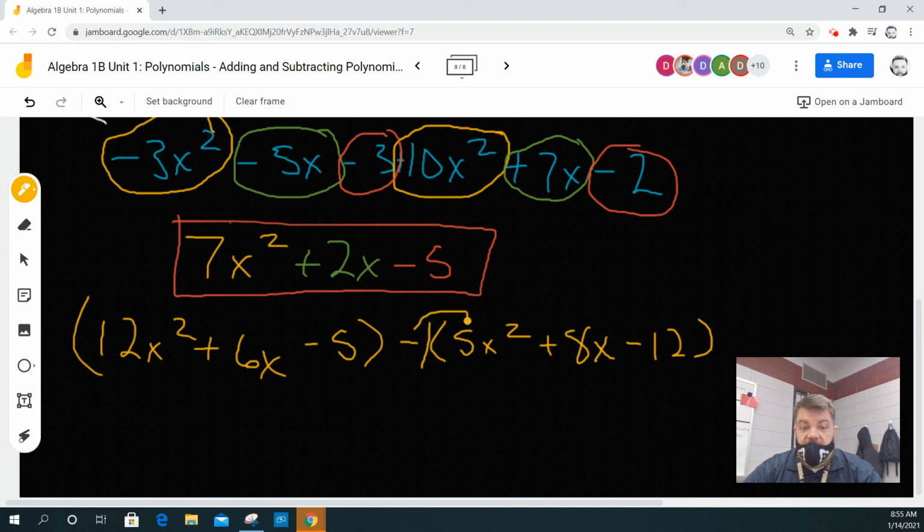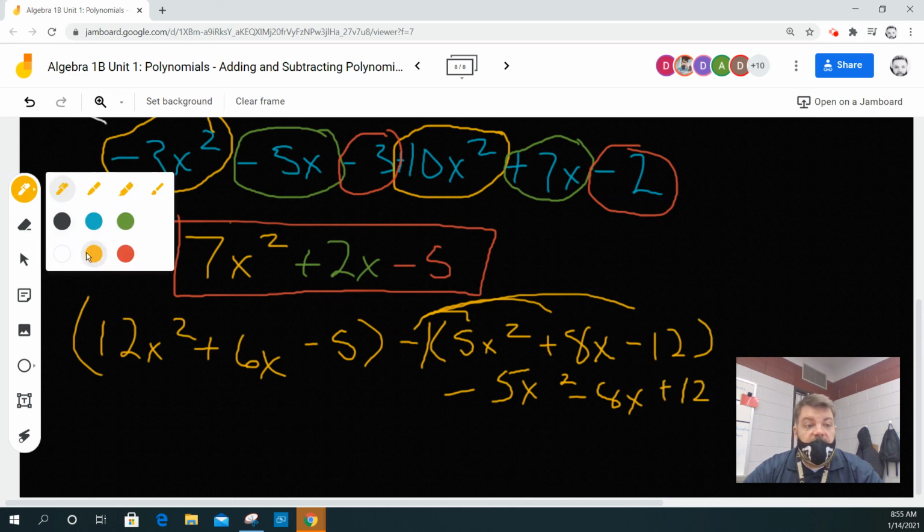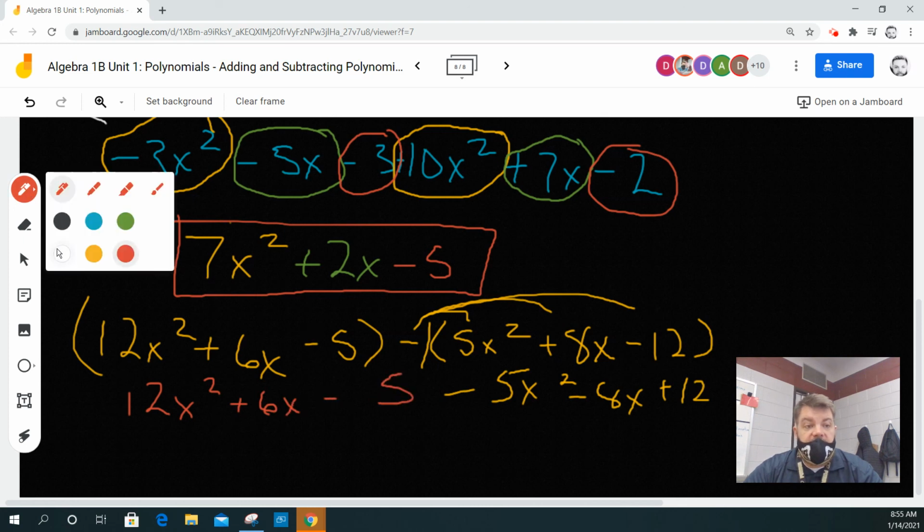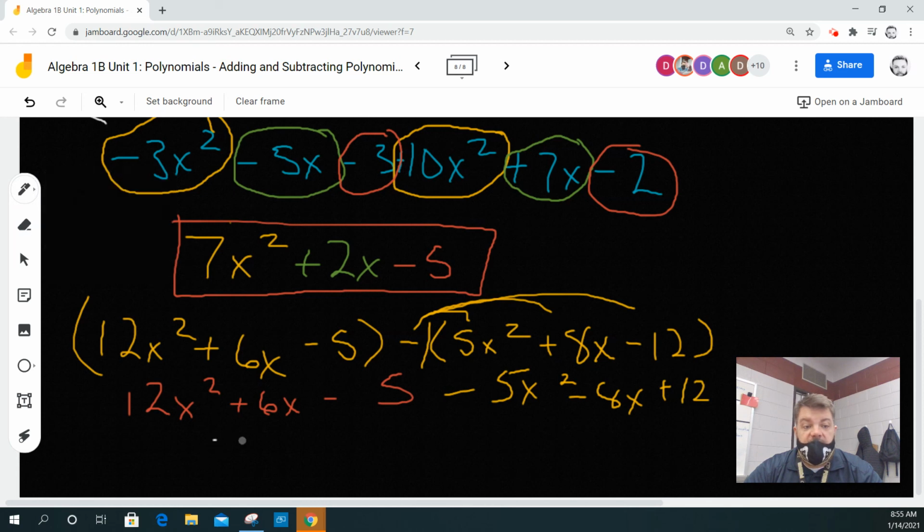Again, think of this as a negative 1, distributed through each term. If you guys have noticed, that just changes the sign of these terms. From there, we are going to continue. This stays the same. And then I just combine like terms. 12x squared minus 5x squared is 7x squared. 6x minus 8x is negative